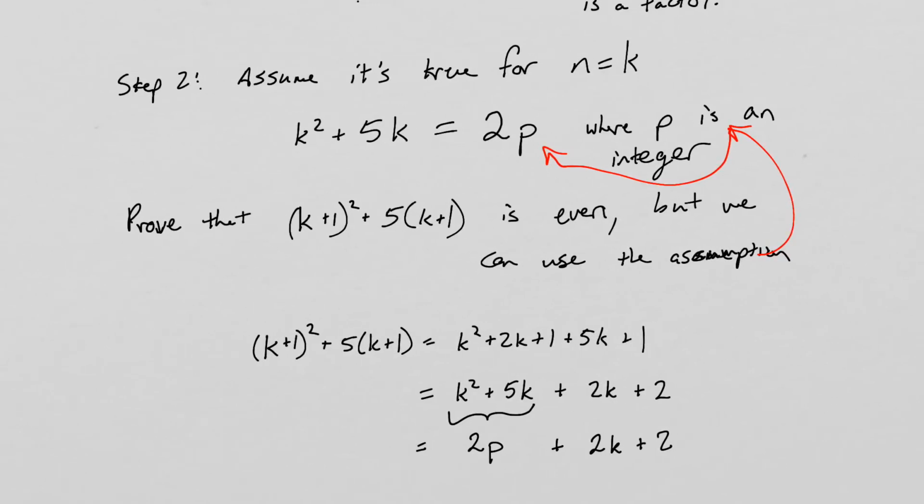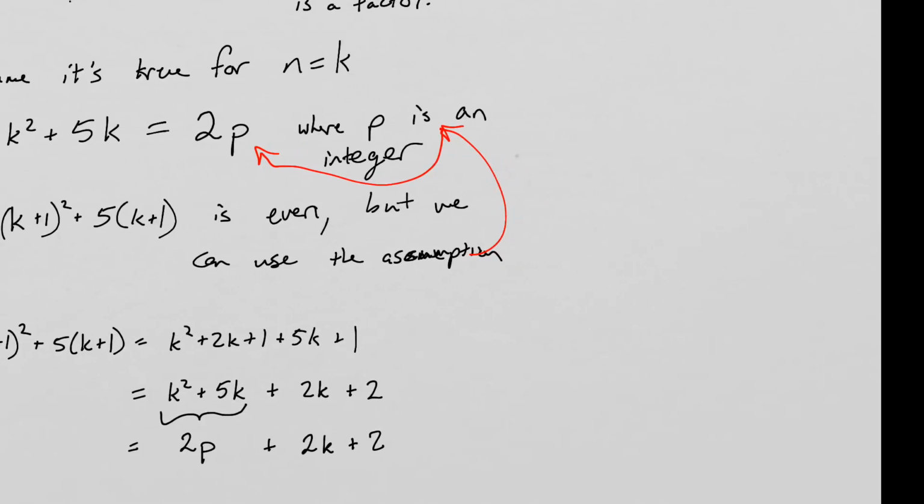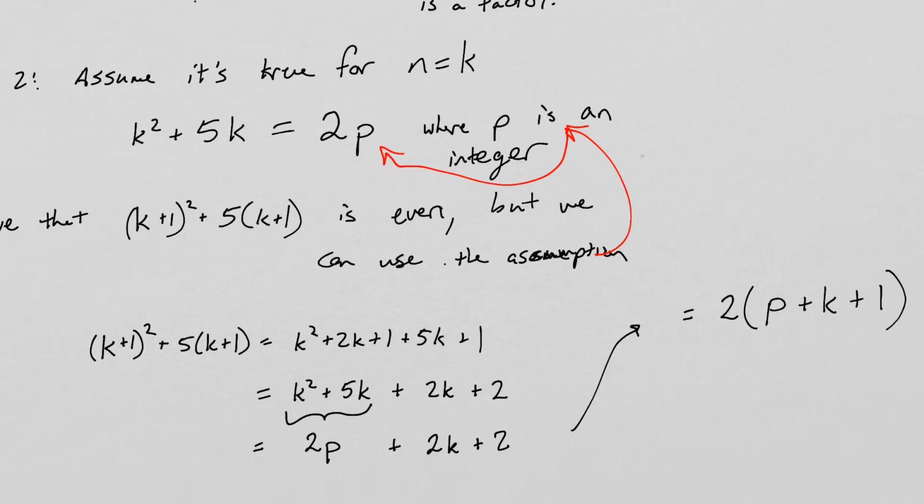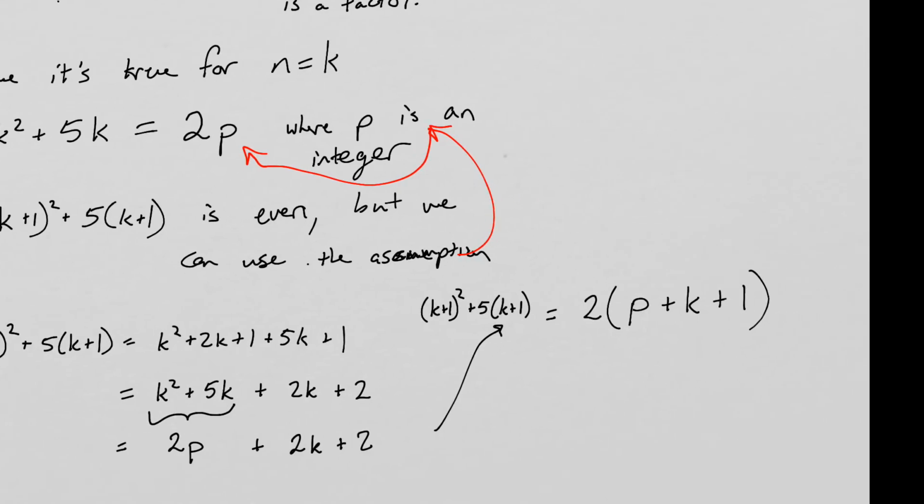And then we can go from there and say, okay, this thing is just equal to 2 multiplied by p plus k plus 1. And remember, this thing that we have on the left-hand side is this k plus 1 squared plus 5 times k plus 1. And this arrow is really kind of going all the way to right there. And this is actually enough. We can say, therefore,